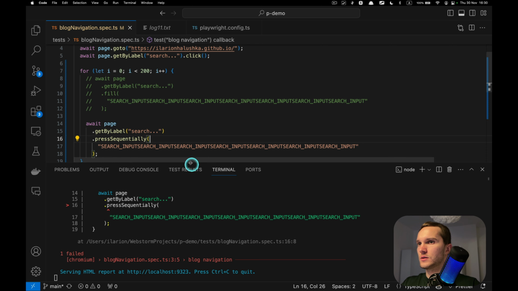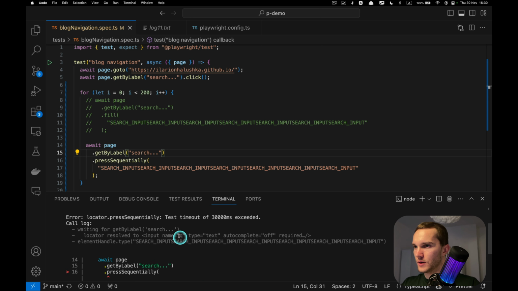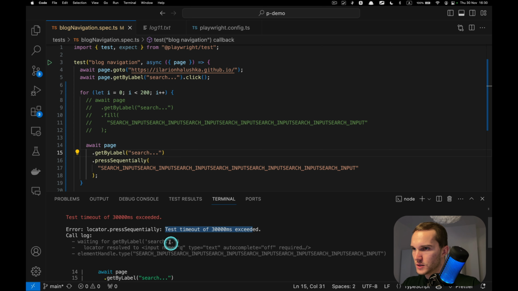Why doesn't it want to work with getByLabel, press sequentially? The locator resolved to input name, autocomplete off, required.